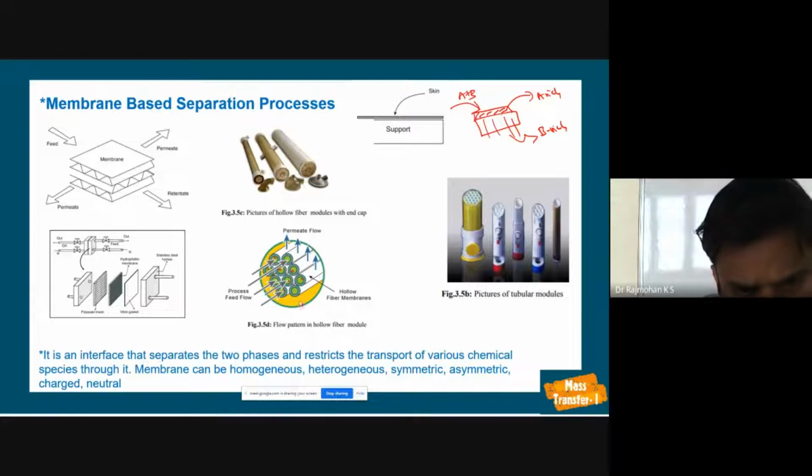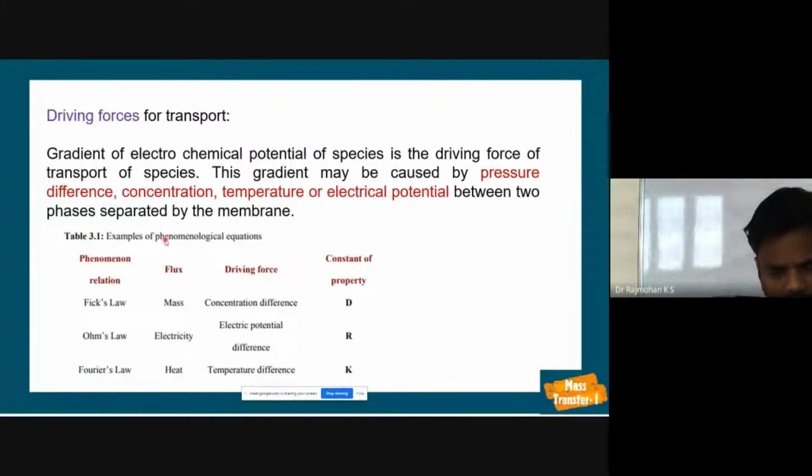If you look at this end, there will be 100 tubes. The feed water will be flowing through it, and the pure water will be coming out across the membrane. The dust particles or larger particles or foreign impurities will be retained, and collected as your bottom product. So pure water will be obtained outside, and tubular models are also available. These hollow fibers come under this model. Here and everywhere, flow through porous media is taking place.